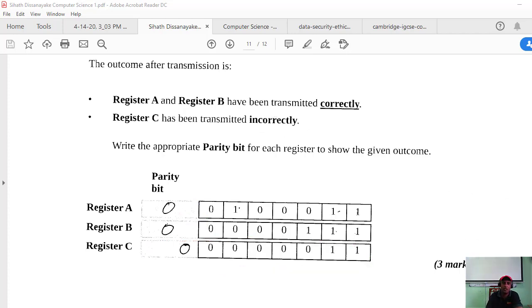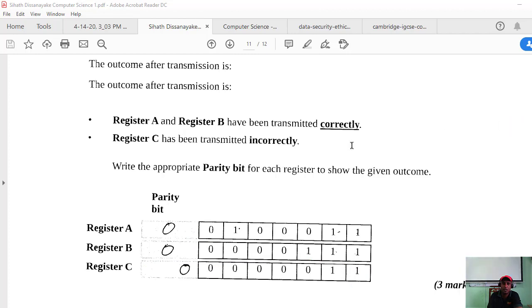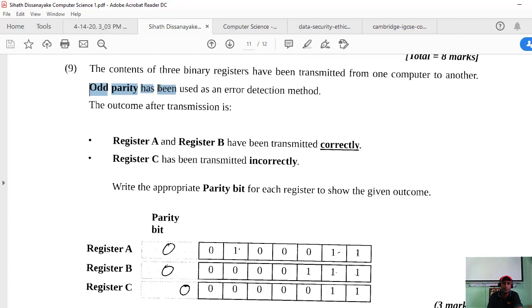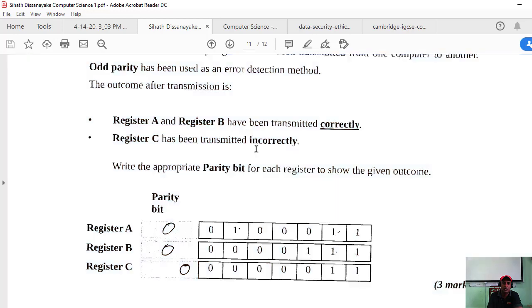So which parity bit do we have to use? Odd parity. Odd parity has been used as an error detection method, right? While we are doing odd parity, the first 1, 2, and 3 make it odd parity. It transfers as odd parity.